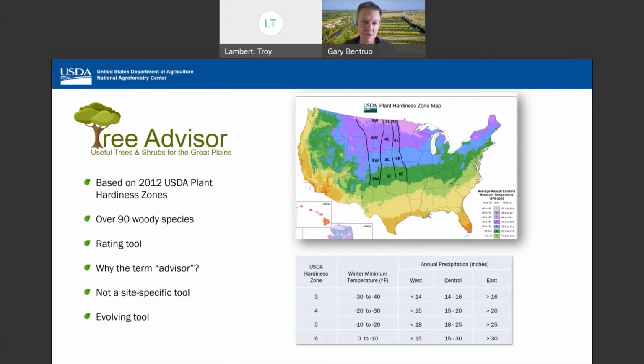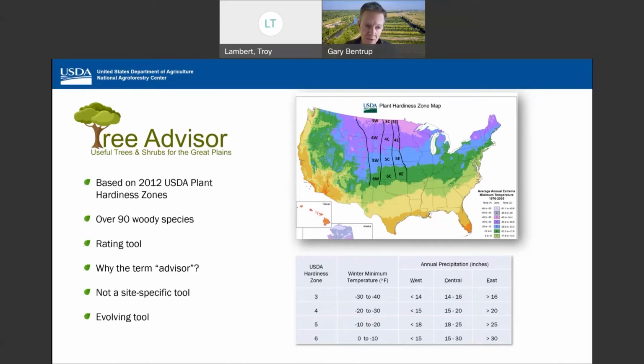So there's 12 subregions in this tool. There's over 90 woody species included in this tool, both shrubs and tree species. Predominantly native species, but there are also introduced or non-native species that are not invasive, because they can still play a role for certain functions if they're placed in the appropriate location.